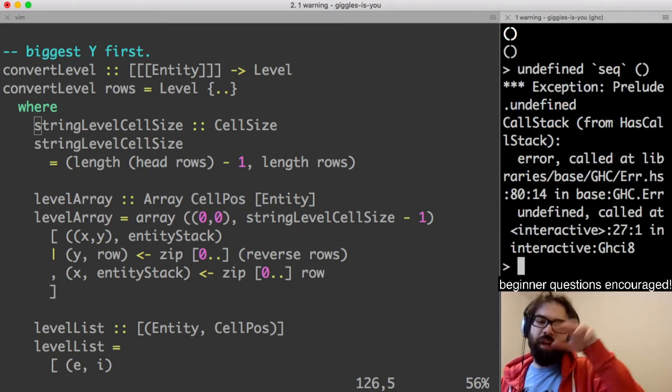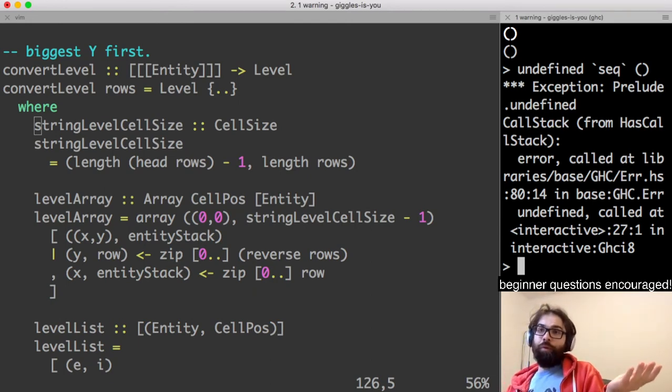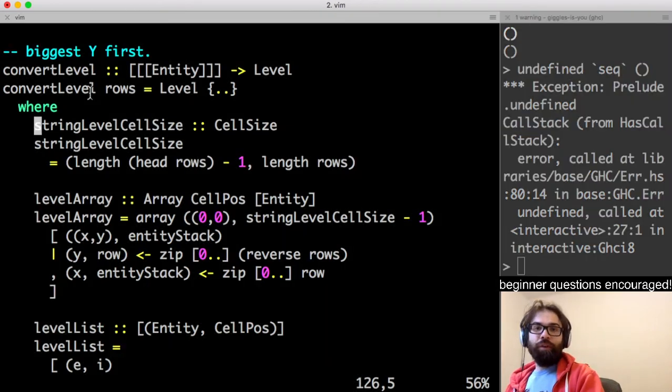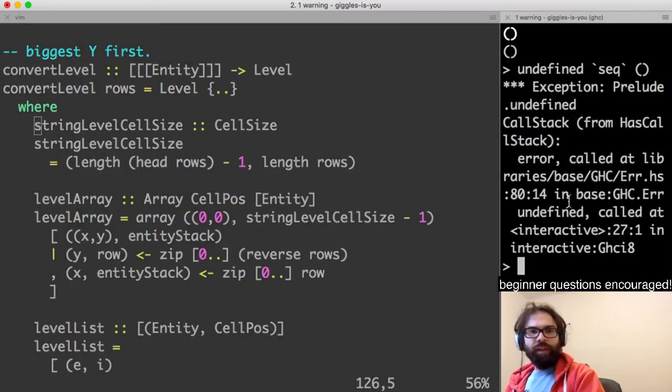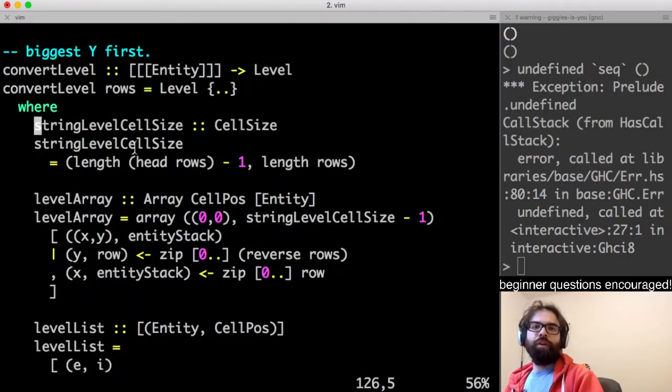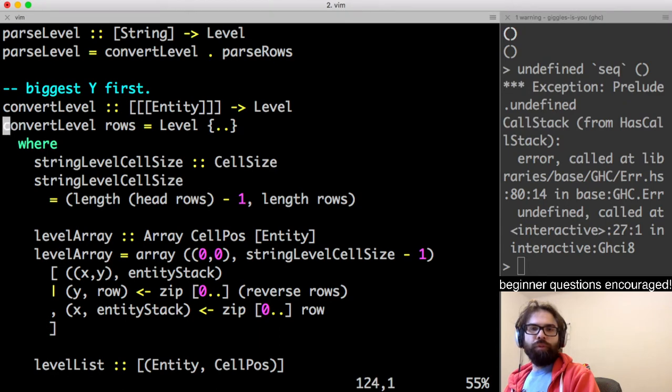And I can narrow it down to the problem. I can usually do this with pure code, except that here, even though I know that level consists of this expression and that expression, I cannot easily play with it at the REPL because neither of those are in scope. So I have to redefine them. Way back when I had defined level as parse level of rows. Oh, well, I wanted to define rows as that list of strings that I had passed to parse level,